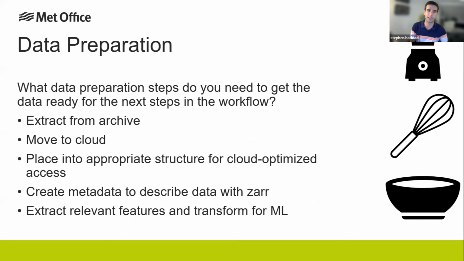And then finally, data preparation. This was conceptually simple, but very time consuming and slow due to the sheer data volume and number of files. The process was extracting from the tape archive to a local storage area. The processing was all going to be done on the cloud as part of the exploration of how we can make better use of the cloud for our post-processing. So moving huge volumes of data up to the cloud was a big problem. And then figuring out the best cloud optimized structure that would fit in with the machine learning pipeline. And that was the Zarr hypercube I described earlier.